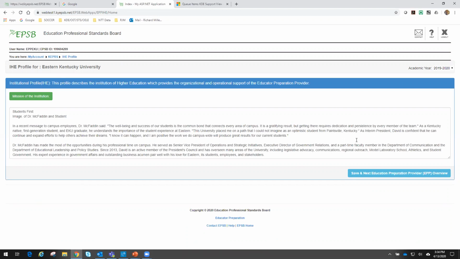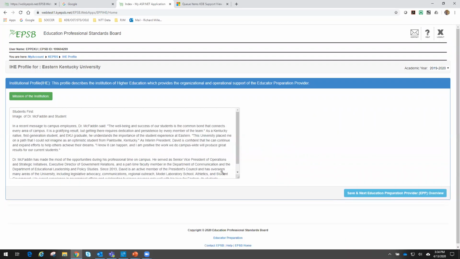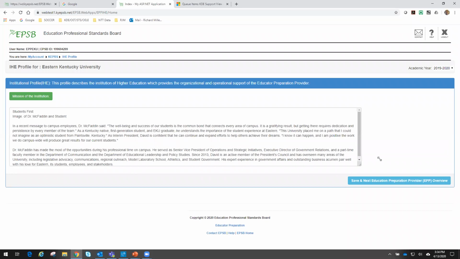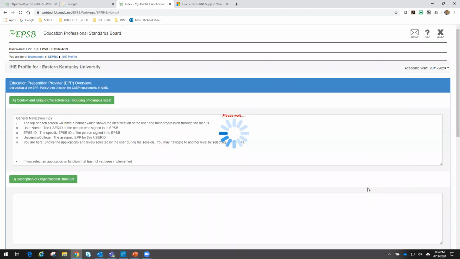Now, when you see any one of these narratives without much more information around it, this is purely looking for a narrative and text. No special characters, no images, no tables and things like that, just a narrative. Also, you'll notice here in the bottom right, these three little lines indicate that you can grab that particular window and move it around. So you do a drag and drop. If it's easier for you to read this in a narrow column, then you can adjust that to whatever you like. When you're done with your narrative, you say save and go to the next,